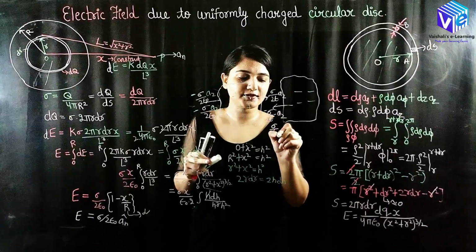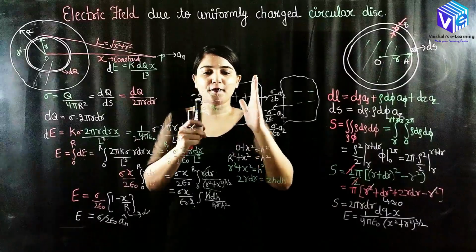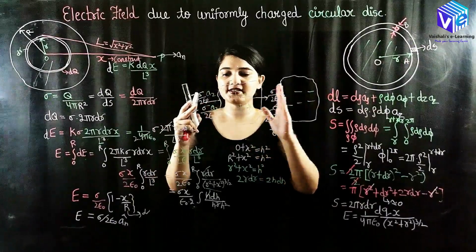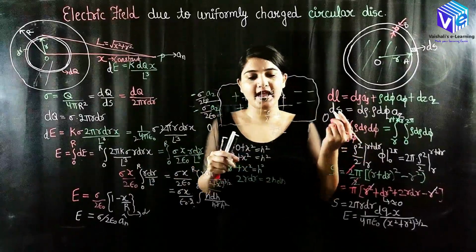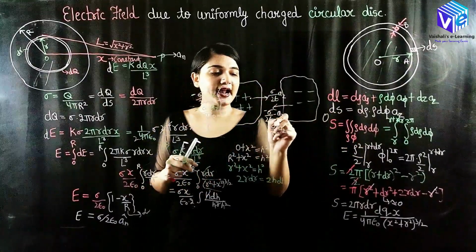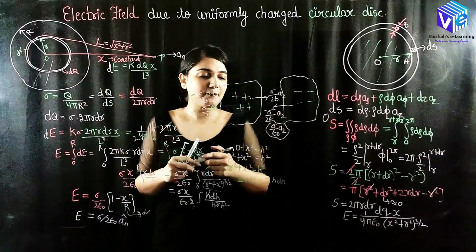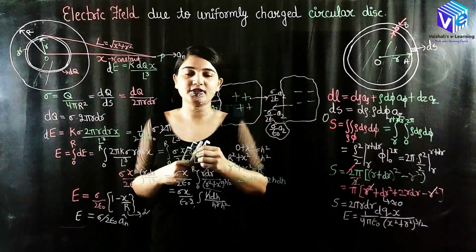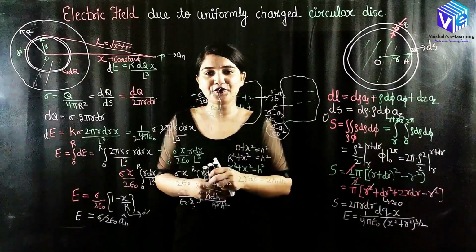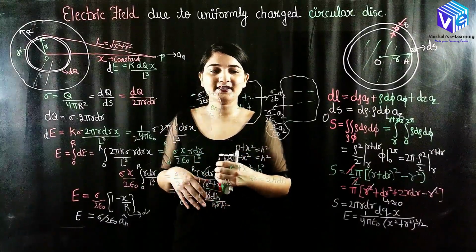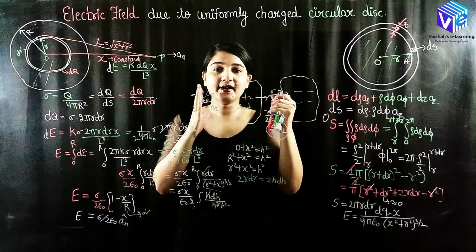So what I have observed is that if I go beyond the infinite sheets, then I will be having zero electric field. At this point also I will be having zero electric field, but in the middle of the infinite sheets I will be having sigma upon epsilon naught a_z. So this is how I can make the capacitor. I hope now you understood the basic phenomenon, that how we can trap the electric field inside the plates of the capacitor.